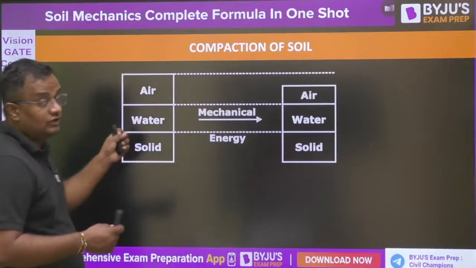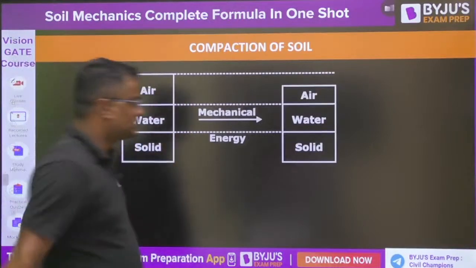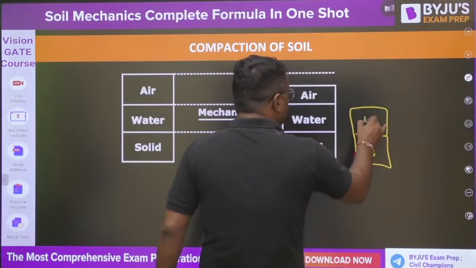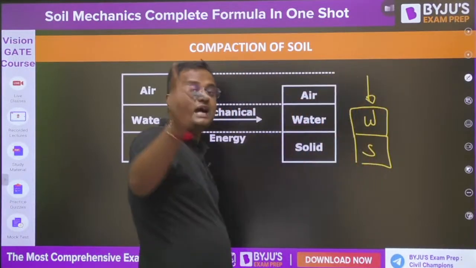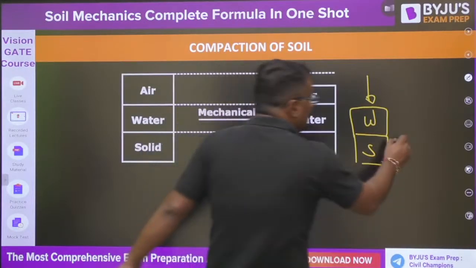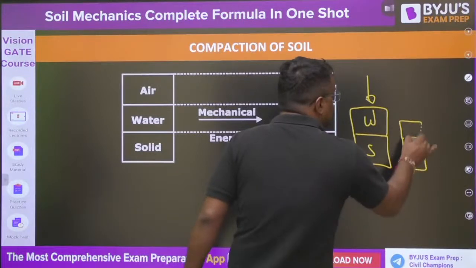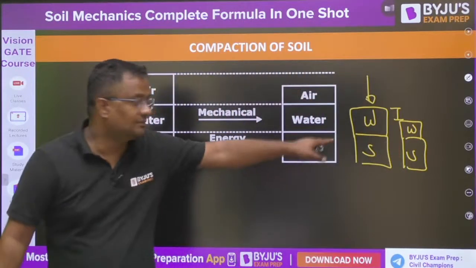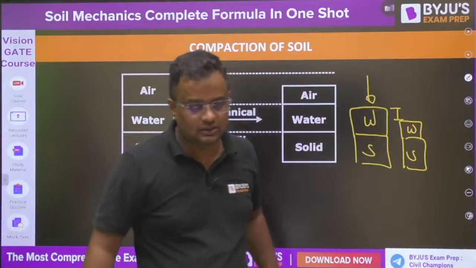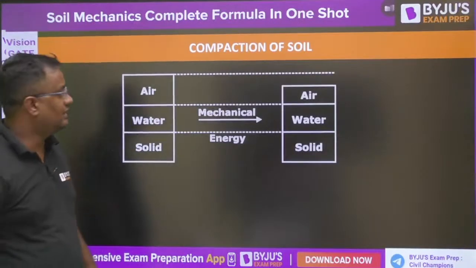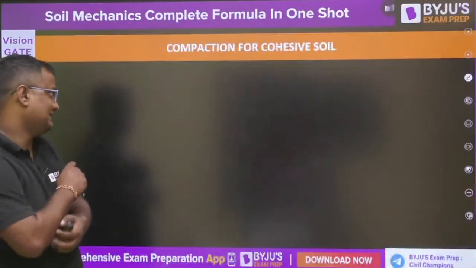If sufficient energy is provided and all the air voids are removed, then when further load comes, water will come under high pressure. Nobody wants to be under high pressure. It becomes excess pore water pressure, and nobody wants to be in excess pore water pressure. In that case, water starts dissipating, and that is consolidation. That is time taking because the speed of water is not like Usain Bolt. But compaction is a very instantaneous phenomenon. Generally for sand, we provide vibration techniques.